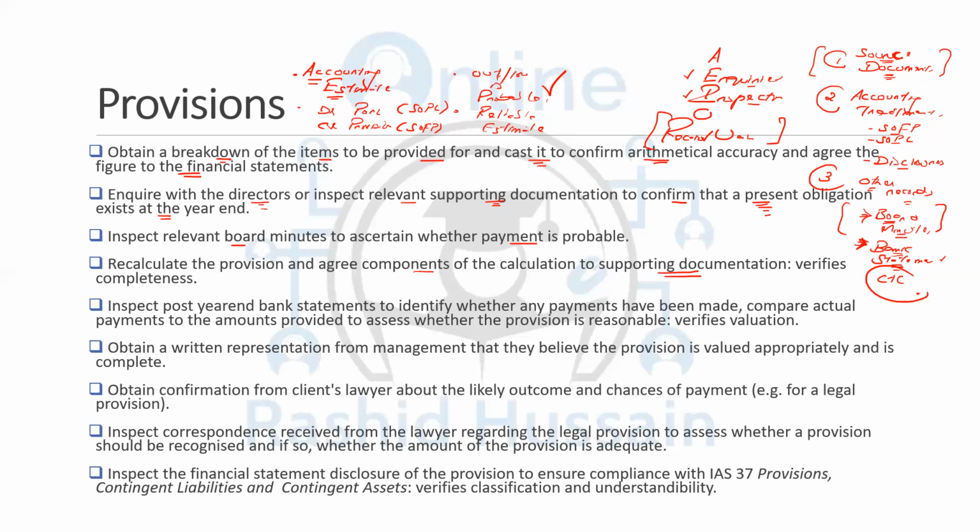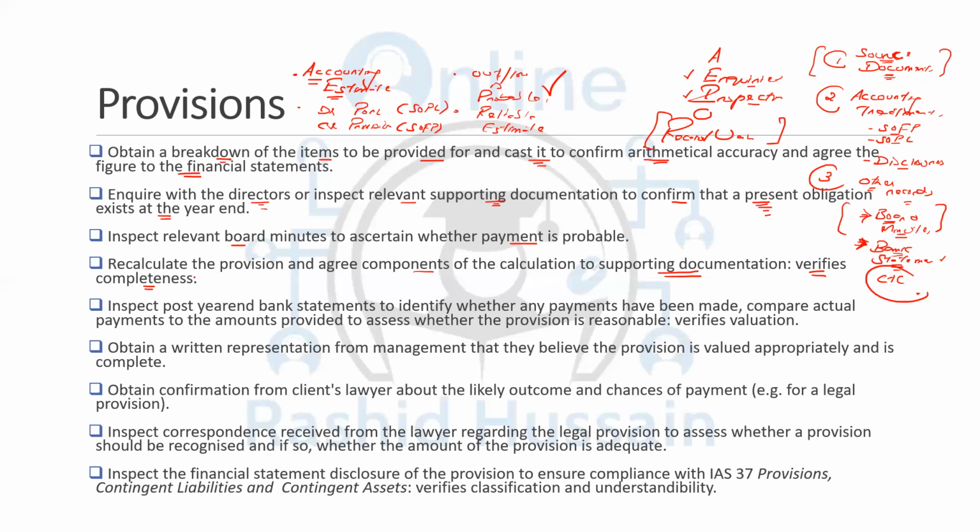And now if the question is coming into your mind that, okay, the last words of the procedure just confirm any particular assertion. Now, whether this thing is important for the exam, unless and until the examiner asks you regarding the specific assertion, there's no need to write that this verifies completeness, this verifies accuracy, this verifies valuation. If you're writing it, you know it, it just creates a good impression. But it is not required, because as long as your procedure is complete, as long as your procedure is giving